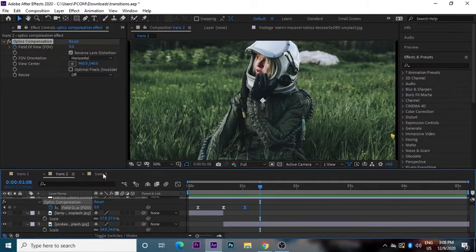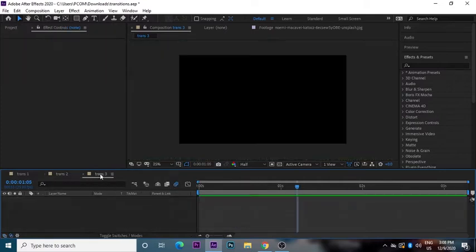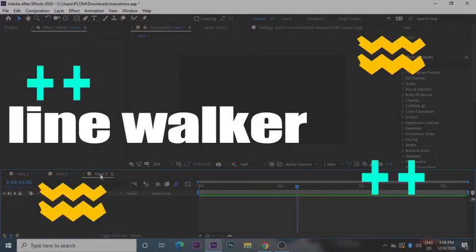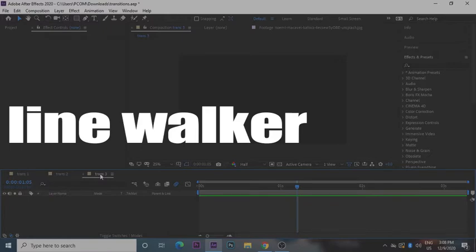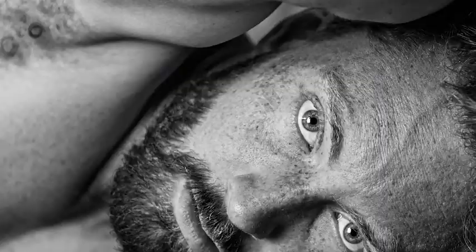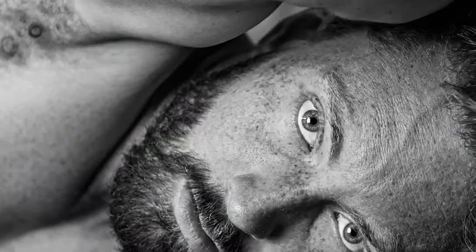So this is here, it is the transition number 2, and it looks like a really fast transition, just a really basic transition, but gives a really cool look. So let's move on to transition number 3. So moving on to transition number 3, this transition I can name it as line walker transition, and this is the one of the most prominent transition from the amongst all the 3 transitions. And it's gonna be a little bit of work, but trust me, it gives you a really cool result.